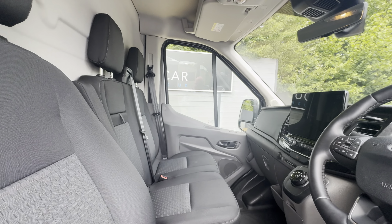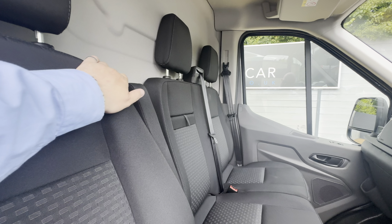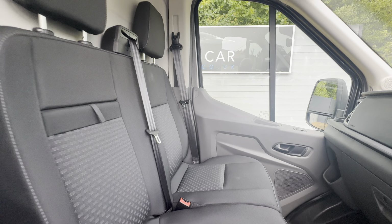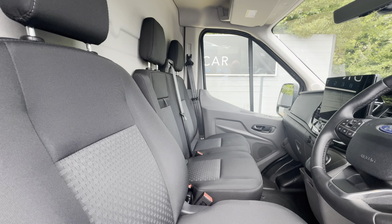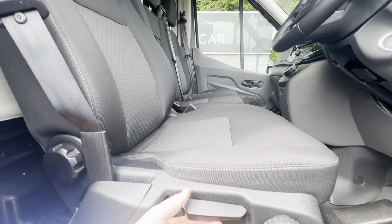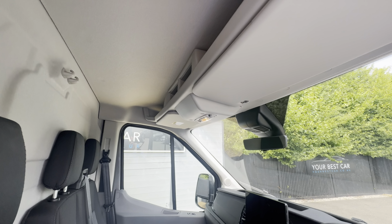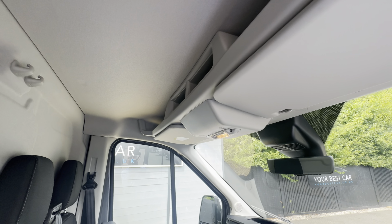You've got your 3 seats going across the front, so obviously your driver with the all-important armrest, and then you've got your middle and your outer seats, all with seat belts, of course. They're really good condition seats, and as you can see, they do have the adjustment on the side if it is needed. Up here you have got some overhead storage, so whether that be for paperwork, lunch, or anything you're